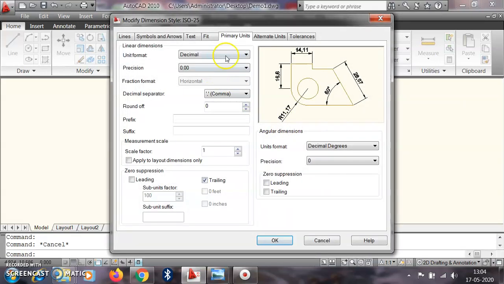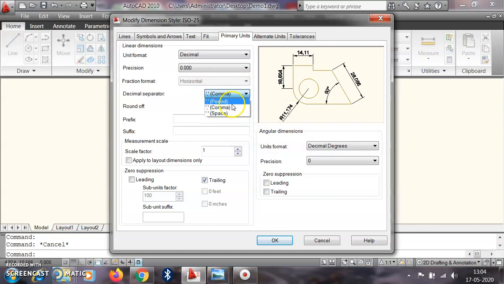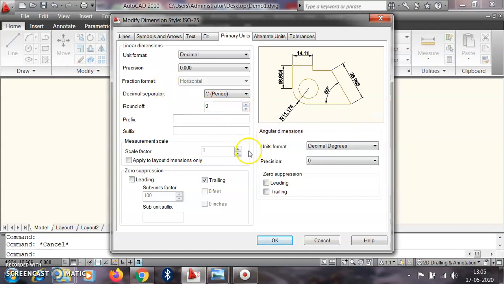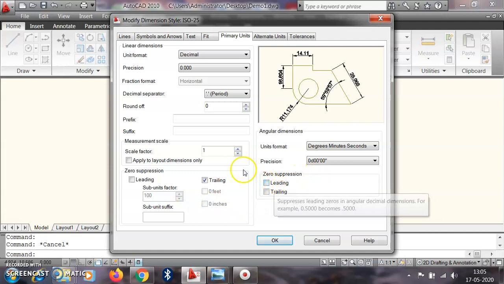Go to Primary Units, decimal places, then here after the decimal 3, and instead of comma choose period as the decimal separator, then scale factor 1, round off 1. For angular units, choose decimal degrees or degrees minutes seconds, and if required you choose this one.